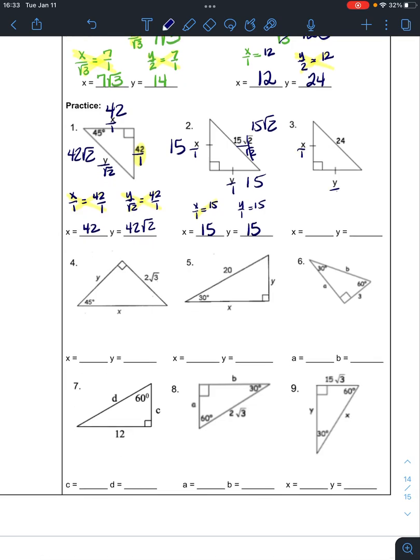If we look at 3, again, we have our 1 and our root 2. So we have x over 1 is equal to 24 over root 2. Now, y'all, you can cross multiply this, but it doesn't do a whole lot of good, right? Because then you're going to end up dividing